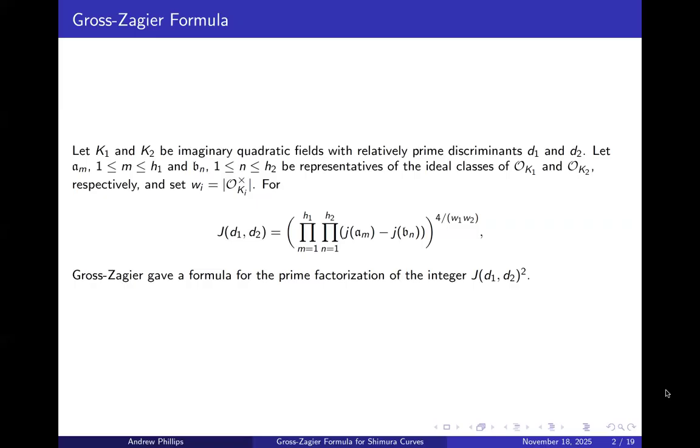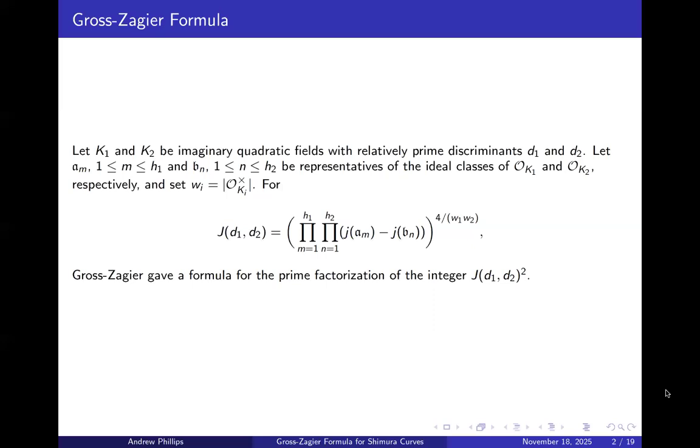But you can check in that case, let's say D1 is -3, the class number there is 1, and so there's only one factor for that term, and the roots of unity, you have 6 of them, so you have an exponent of 1/3. You can check in that case that actually the J invariant is already the cube of an algebraic integer, a general kind of fact about these J invariants. So Gross-Zagier gave a formula for this integer J squared, and it's a theorem that